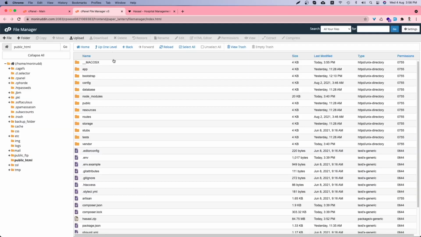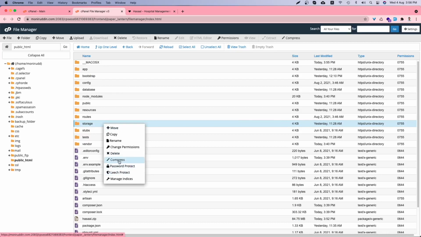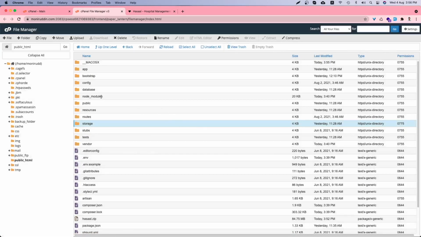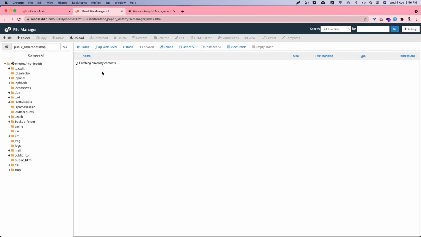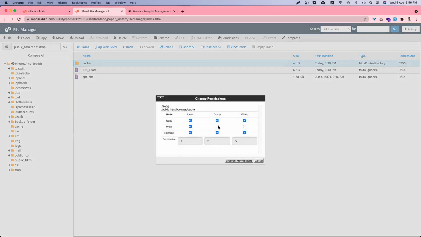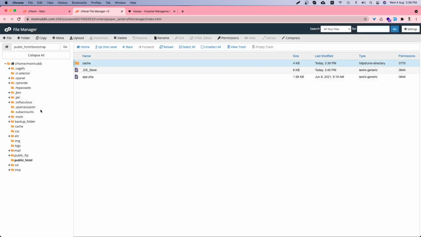So let's go and set the permission for the storage folder. Click on permission, or you can click the mouse right button and then click on permission, change permission, set 775 and then change permission. We have to follow this same procedure for the bootstrap folder. Let's click on the cache, select the cache folder and click on permission, set the permission and go one level up,